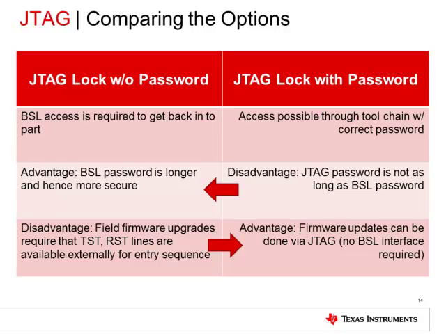As mentioned in the previous slide, users may select any one method of securing JTAG access depending on their application. In cases where security is a primary concern, it is preferable to lock the JTAG without a password. Once this is accomplished, the device can only be accessed via the BSL. This involves knowing the BSL password, which is longer in length, making it inherently more secure. In this case, however, the user must make the 2 BSL lines available externally if the ability to update firmware